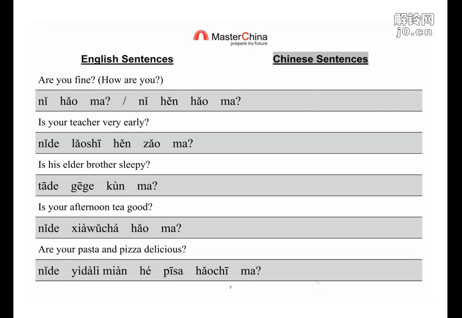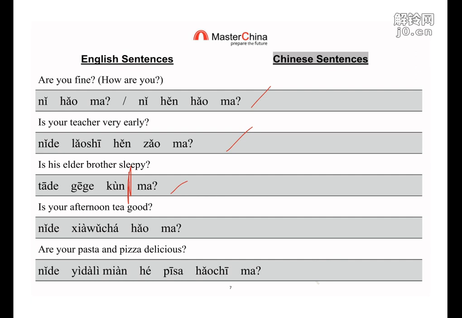Okay, so let's check the answer part. Are you fine? So 你好吗? 你很好吗? We finished this and this one as well. And this one, we don't have "very", so we have no idea. That's why we can put 他哥哥困吗? Without degree, because this is a question. It's no degree. It means have no idea, no judgment in advance.